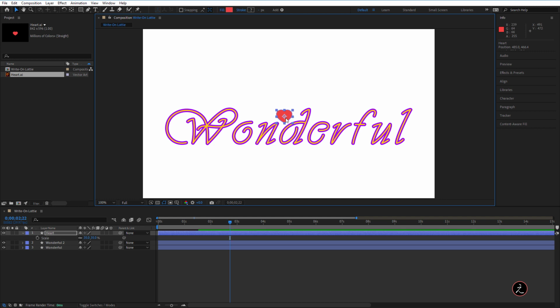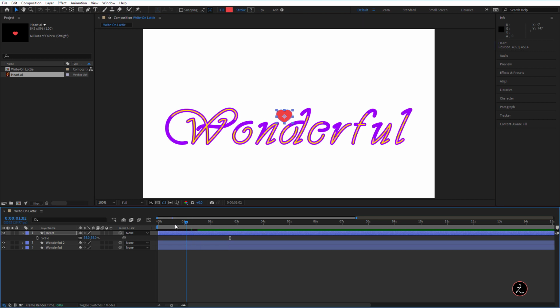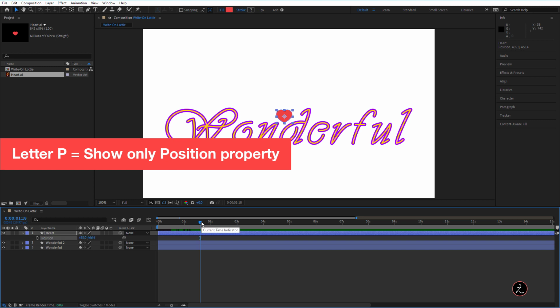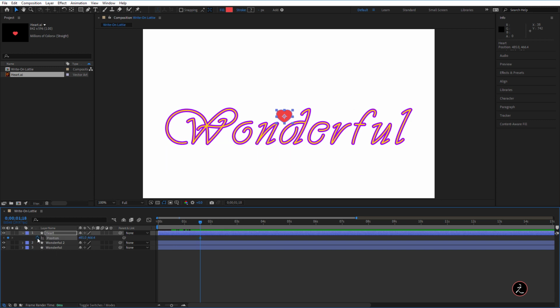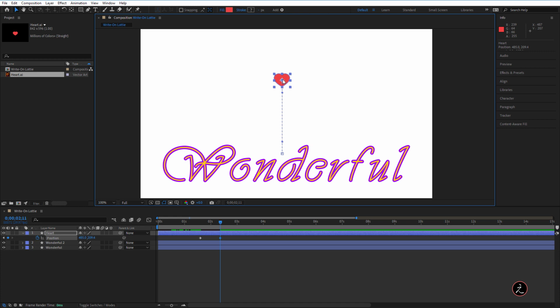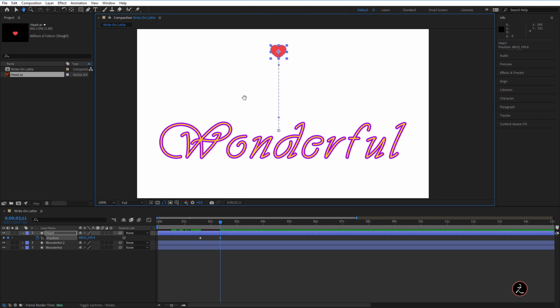I'm going to bring this up right there. So I want the heart to animate from this point on and all the way up. So I need to time this correctly, which means when this one ends, the heart begins animating. So for that, I will press the letter P on the keyboard for the position property. I will click on the stopwatch to create the first keyframe, and then I will scrub the current time indicator to perhaps here, and then click and drag this upwards. And I'm holding the shift key as I do, like so. All right, perhaps a little higher. There we go.